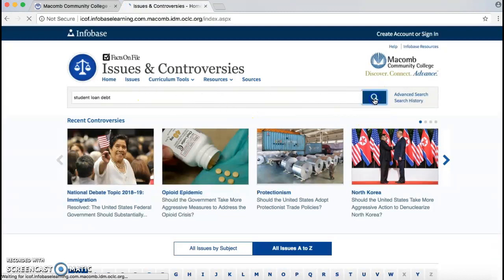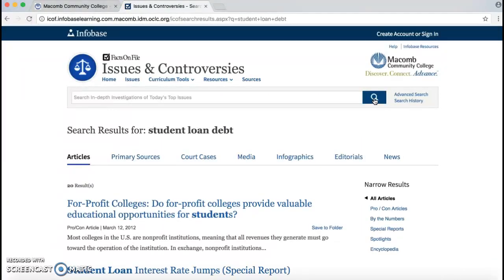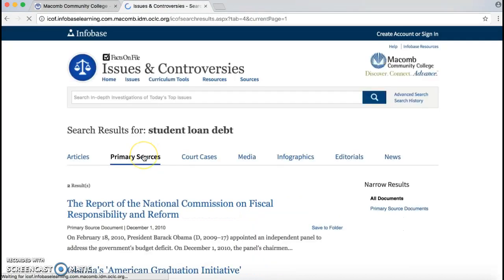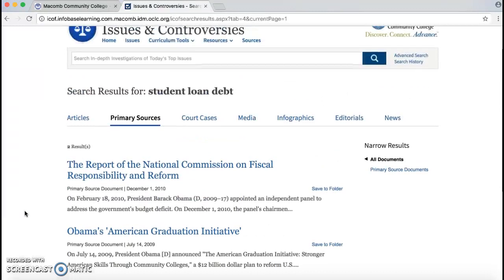And we'll search student loan debt. And I just want to show you how this looks. So we can narrow results over here, and this horizontal list of tabs will lead us to different types of sources as well. So here we have articles, and there's 20 articles, but if we wanted primary sources, which we'll talk about later in the semester, here we can find primary sources,